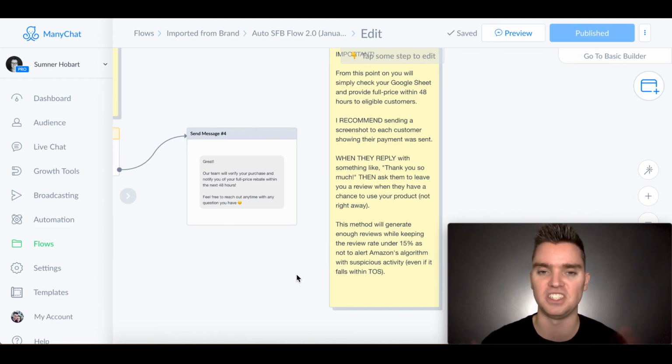And what's great about this is this would comply with Facebook Messenger's new policy coming out on January 15th, 2020, where you can only send promotional content within a 24-hour window of somebody interacting with your bot. So if you wait 48 hours, you can't say, "Hey, leave us a review," right? Or you can't wait a week later or 14 days later. So what you can do, and again, what I recommend doing, is send them a screenshot and say, "Hey,